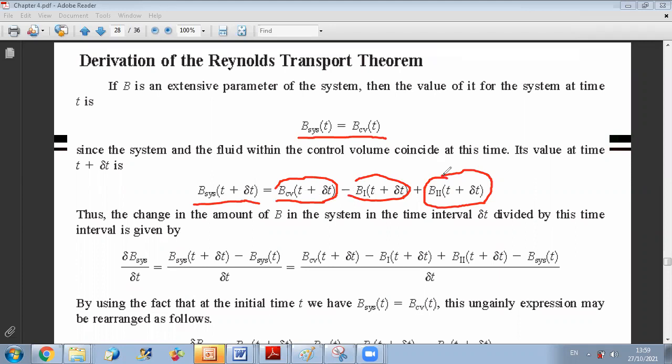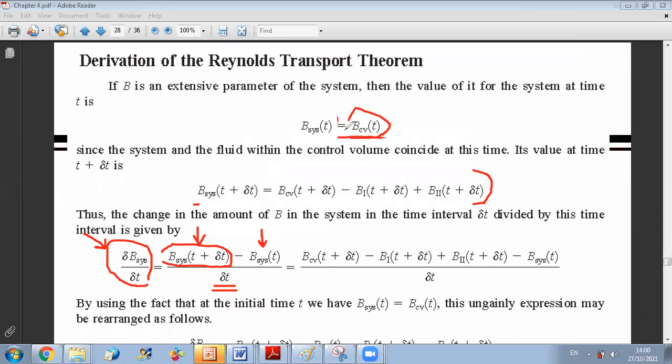Now, if you remember, what I am interested in is to link the variation of the property of a system to the variation of the property in the control volume. How do I define the variation of property in a system? The rate of variation of a property with respect to time can be written as the property of the system at t plus dt minus the property of the system at time t, over the time step delta t. Now I will replace the expression of the system at t plus delta t by the property of the control volume at t plus delta t minus the property of part 1 at t plus delta t plus the property of part 2 at t plus delta t. And now, using the fact that the property of the system at time t is equal to the property of the control volume at time t, I can replace this part by B control volume